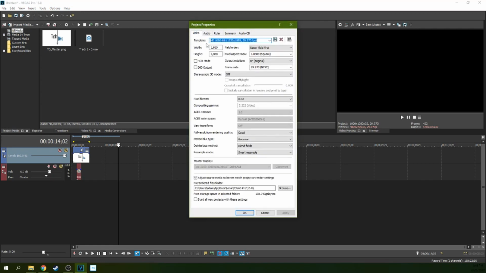There's also these settings as well. These are preset project settings that you can do where you can change exactly how